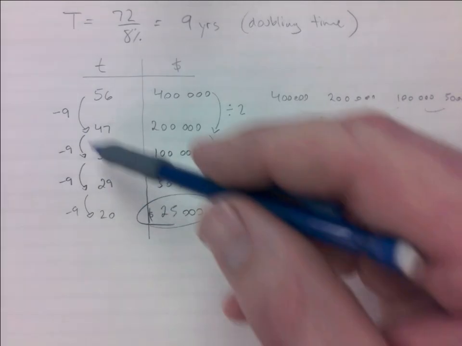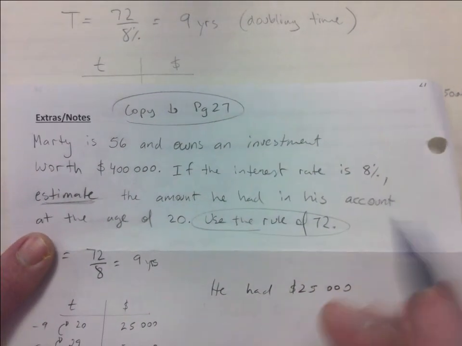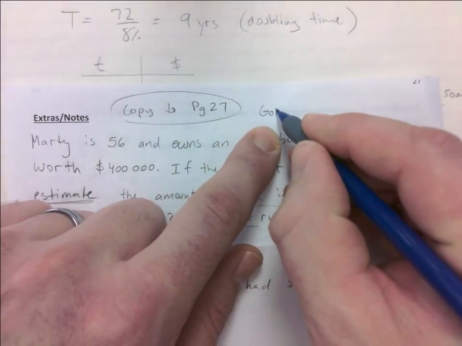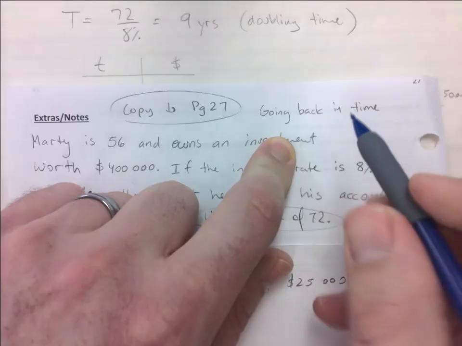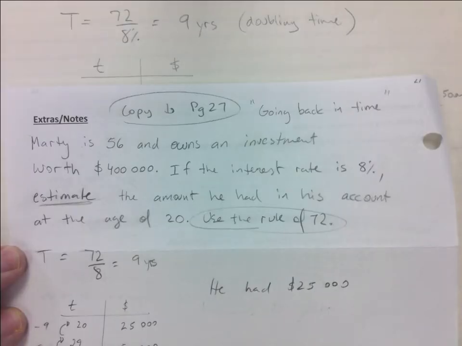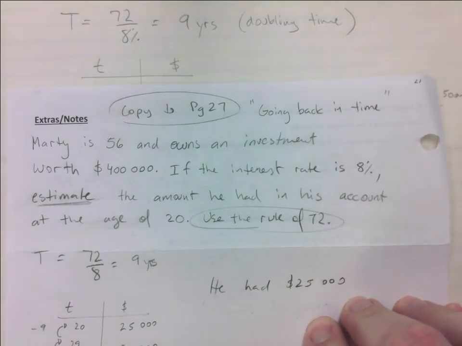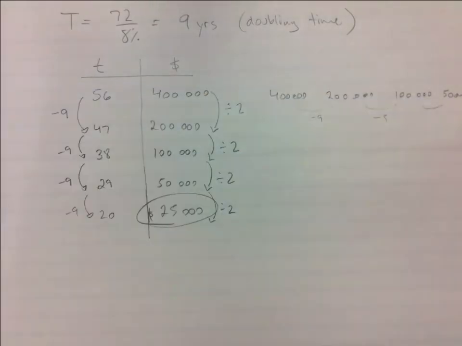Okay, so this one, if you want to put a title to this, is like we go back in time, right? So if you copy this down on page 27, you can say going back in time. Like a little subheading, okay? And then you'll at least have seen a variation of the usage of Rule of 72. I don't want you to always think it's the same, it's the same, it's the same. Normally we go into the future. I've never seen going back, but I wouldn't rule that out. Okay? All right, so that concludes the Rule of 72. You're gonna see it